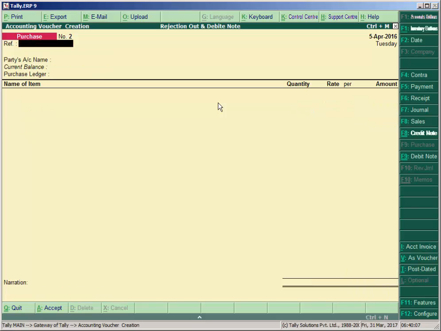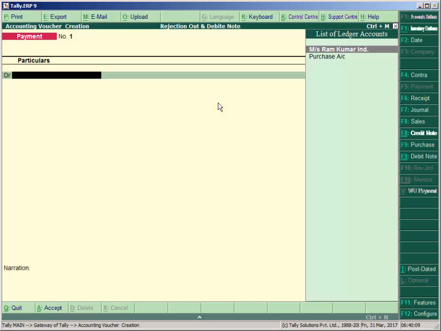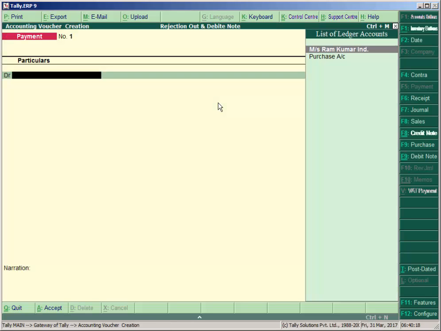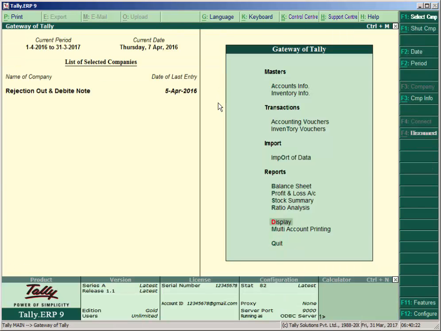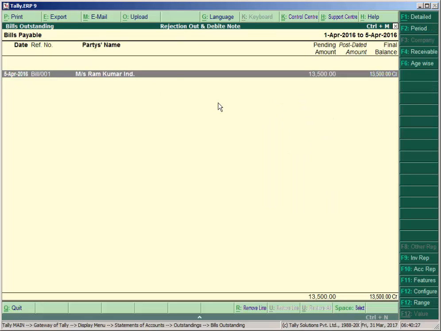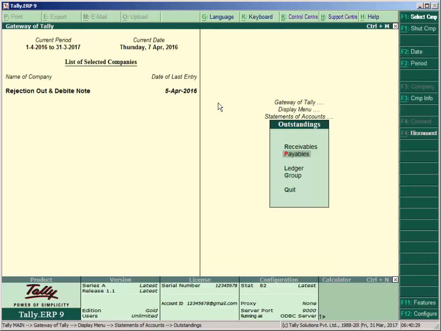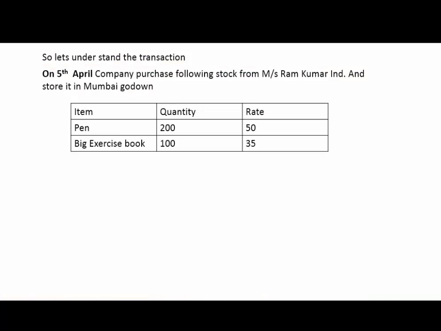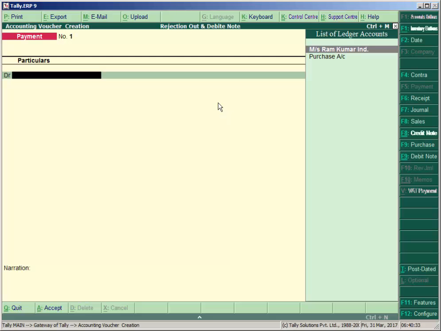Then make the payment entry. Before that, go to display, statements of account, outstanding, payable. Here is the payable amount, that is 13,500. So come back to Gateway of Tally again and make the entry on 7th April to pay the full amount